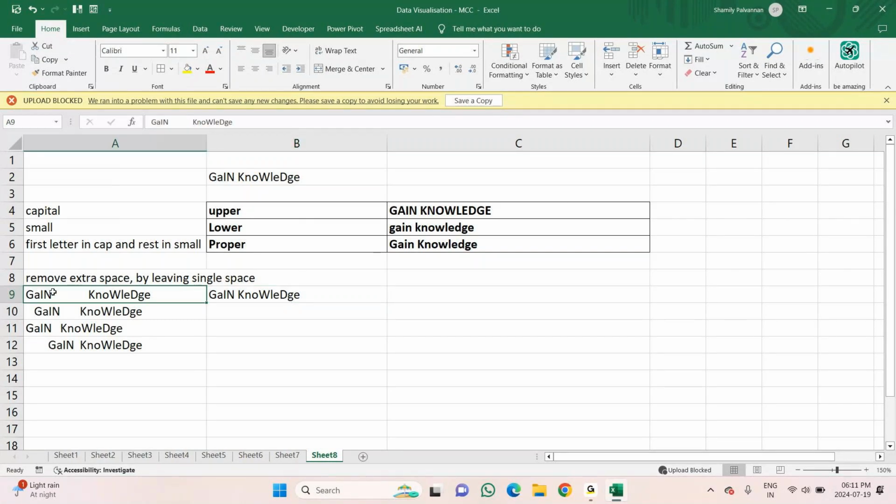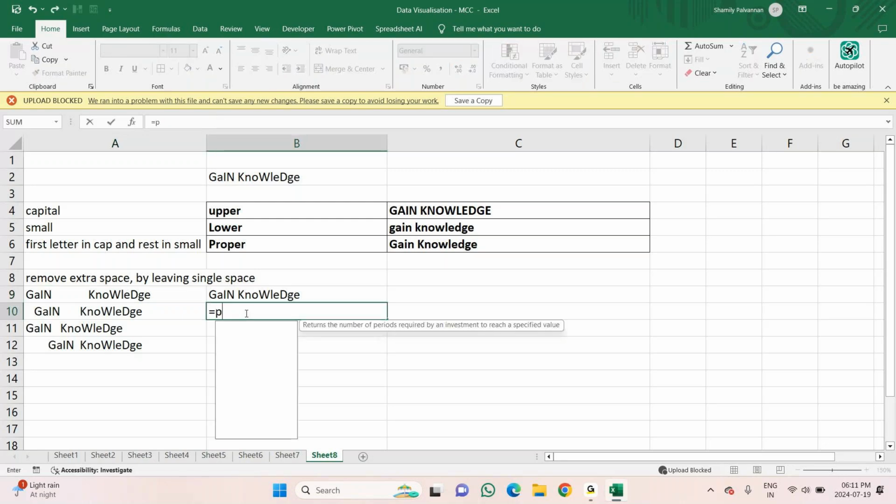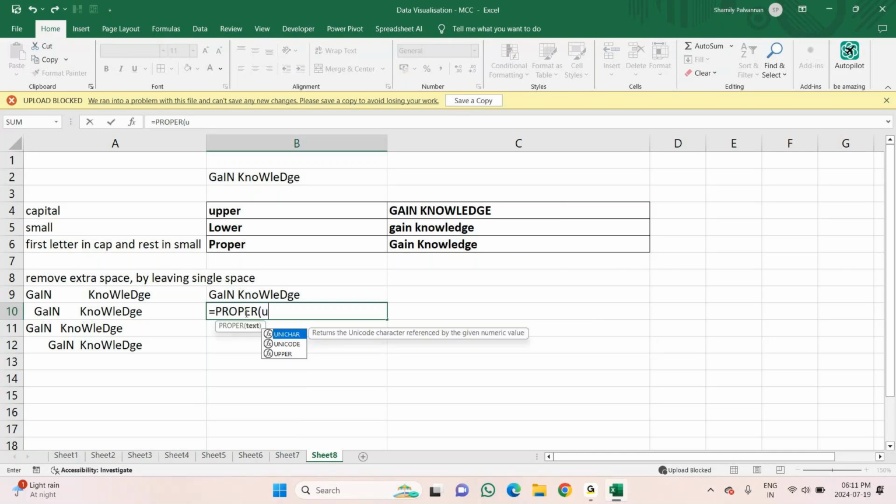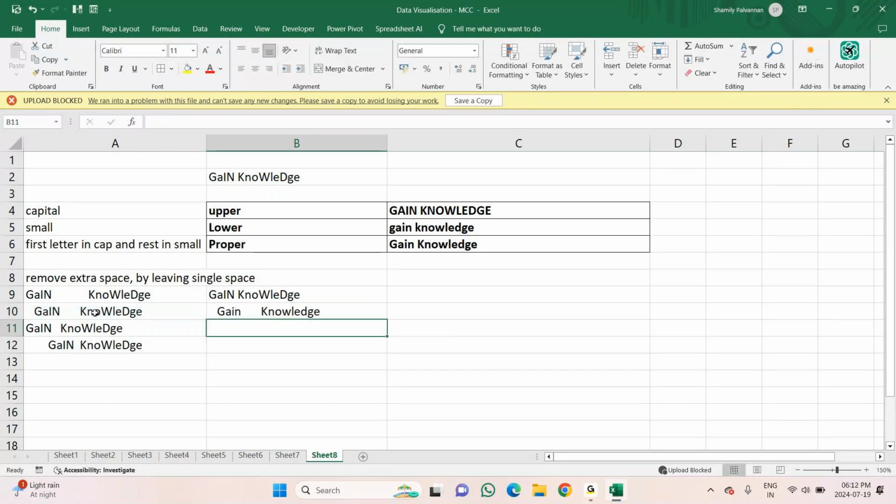Now what if I want to convert to uppercase, lowercase and proper case while removing the extra space? We will try here. Sorry, equals to trim.